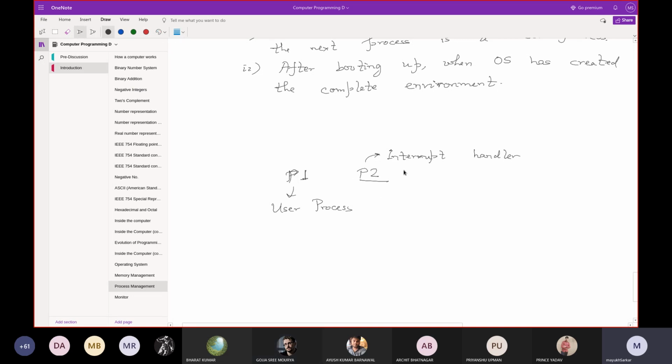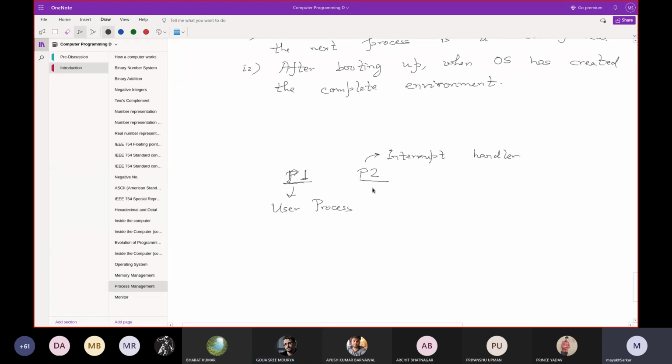It will first complete this P2. P1 will be switched immediately because the interrupt handlers are high priority. It will go to the kernel mode, it will start P2, and as long as P2 is not finished, it will not go anywhere.